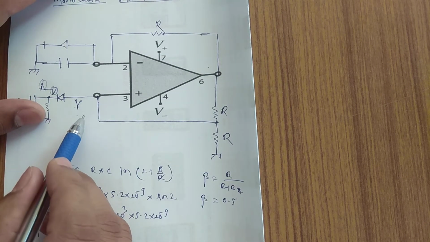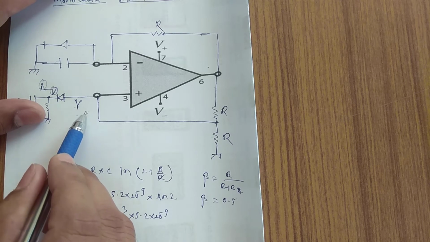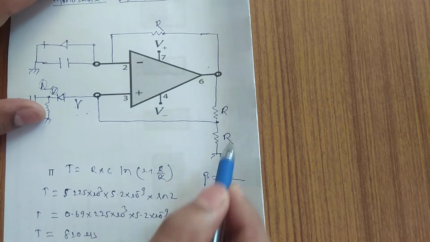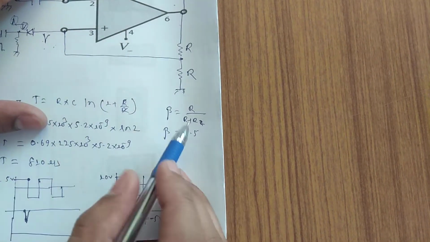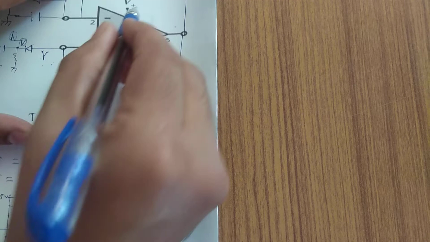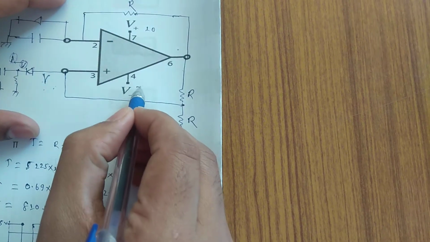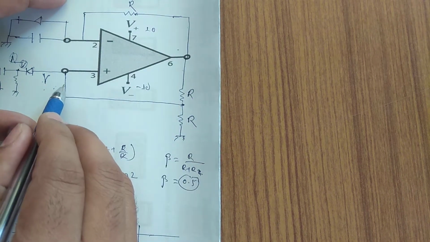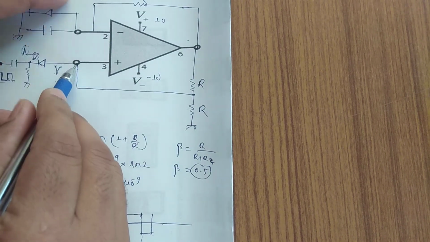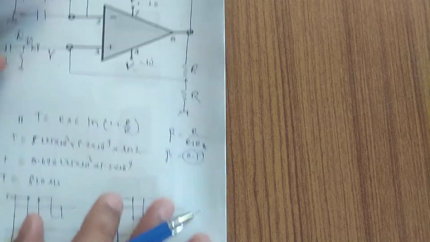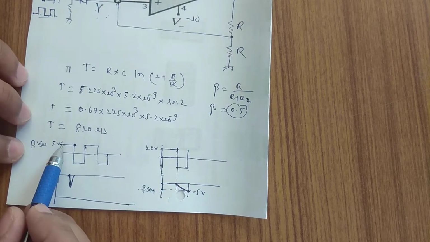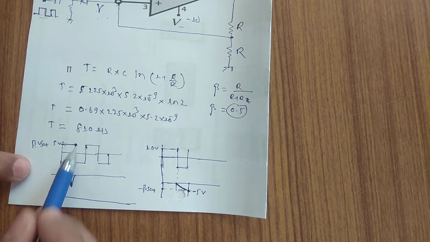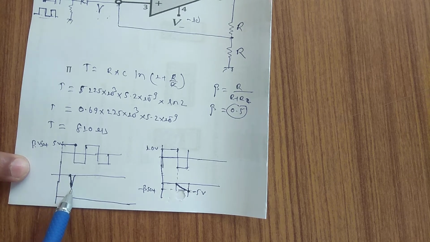Now initially the voltage over here was, suppose, beta Vsat. This is from where we are getting beta Vsat. This is the beta factor. We have calculated the beta factor, it is around 0.5, and we have biased with plus 10 and minus 10. Suppose the output was plus 10, and beta into plus 10 is going to give you 5 volt over here. So 5 volt was present initially. This is your voltage at terminal 3. It was positive. Now at this point a negative pulse has been applied.